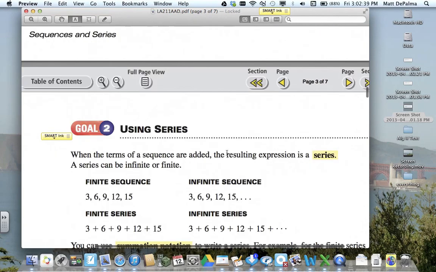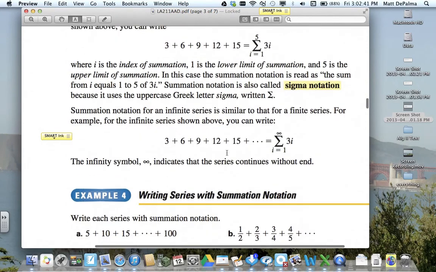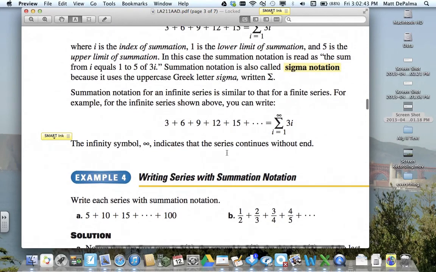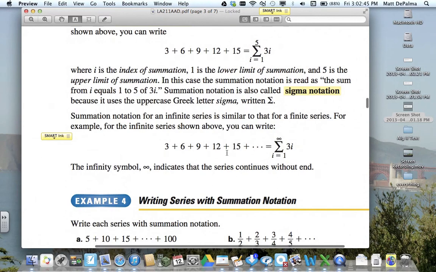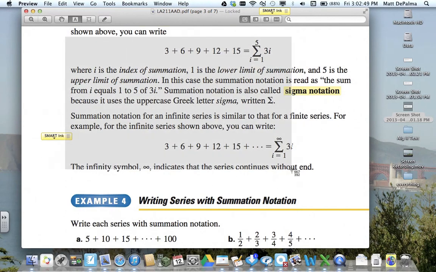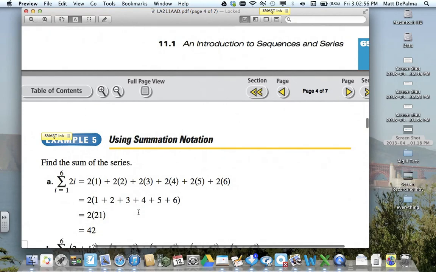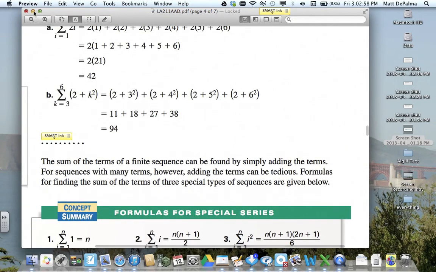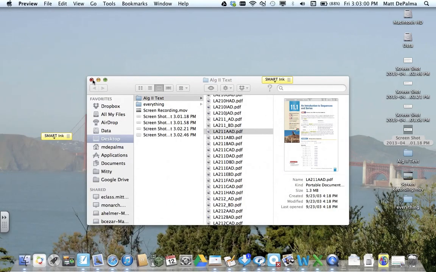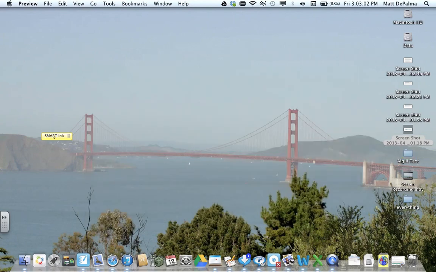And I'm scrolling down. Oh, there's some notes maybe. Talk about the summation symbol and sigma notation. So let's grab all of this, and that looks good. And whatever you want. So now that I have all the pictures that I want for my notes,